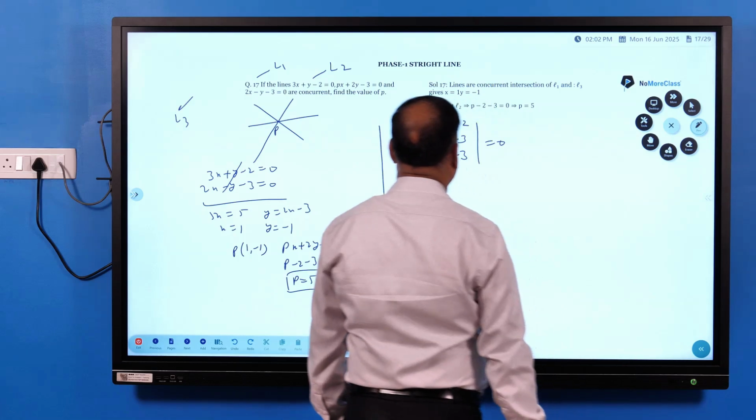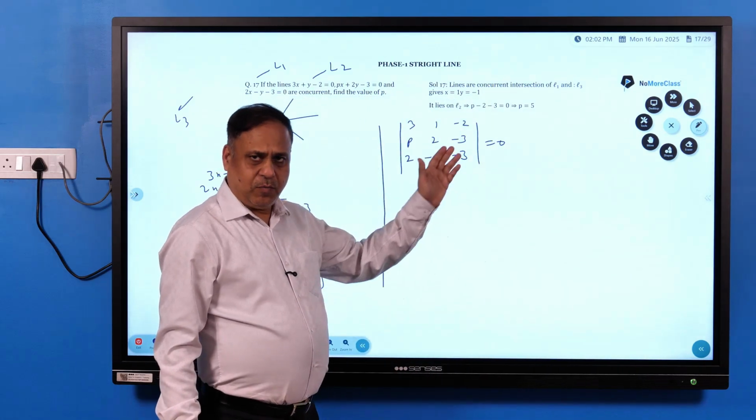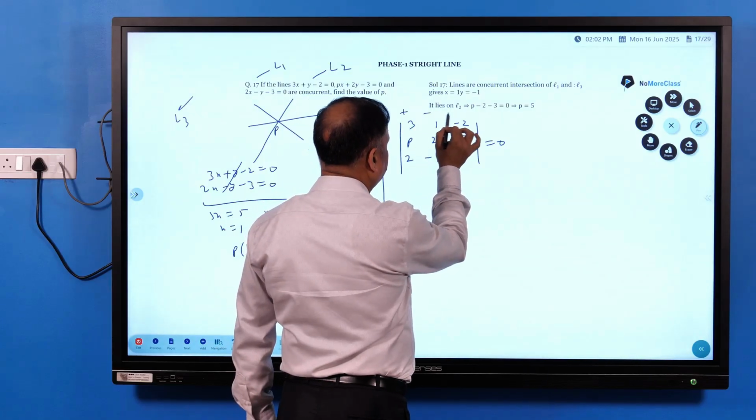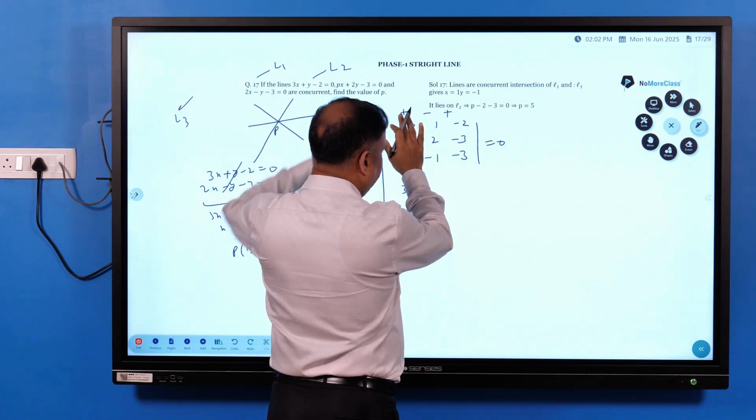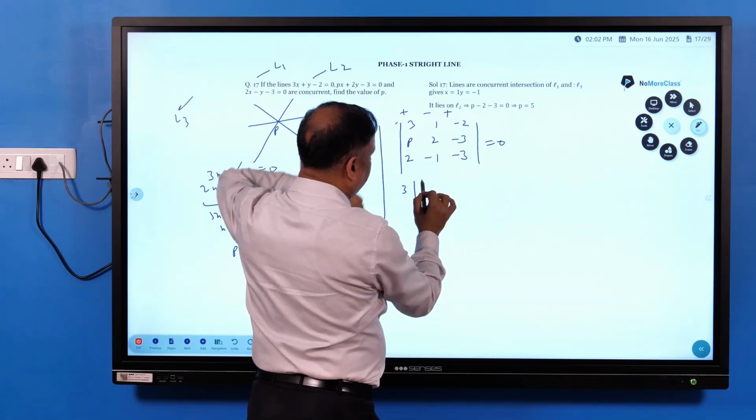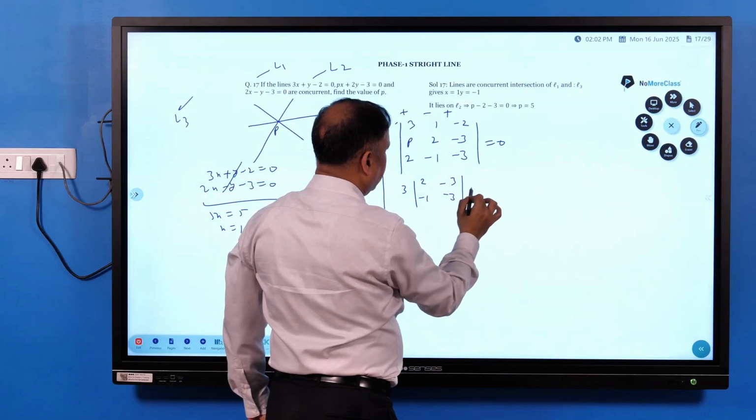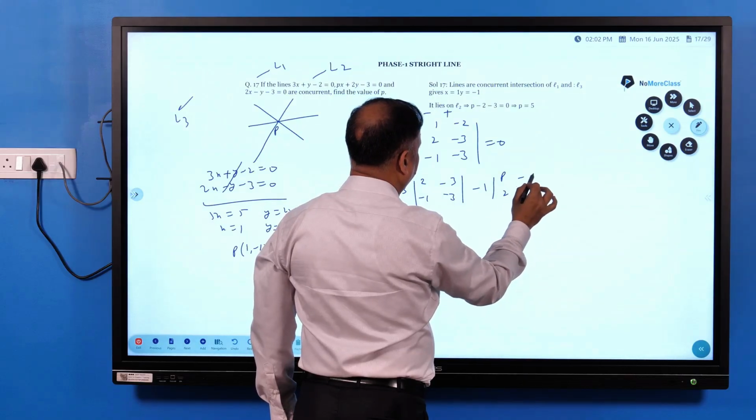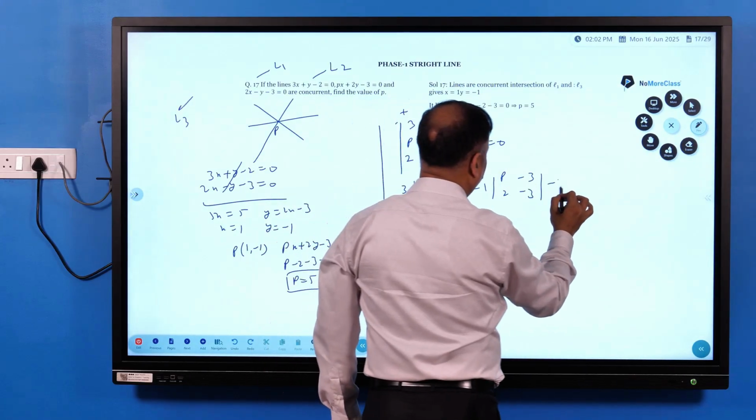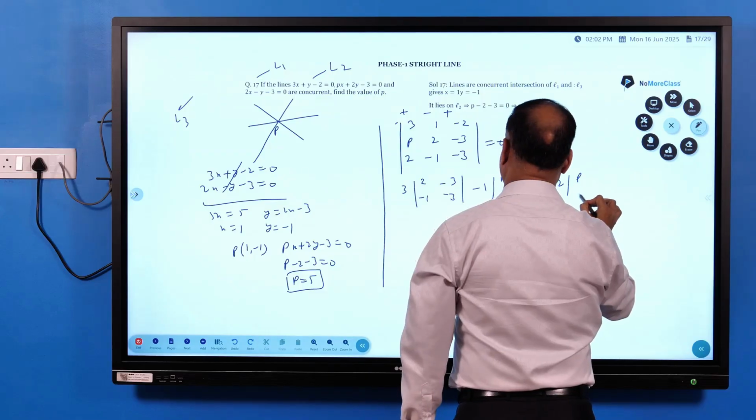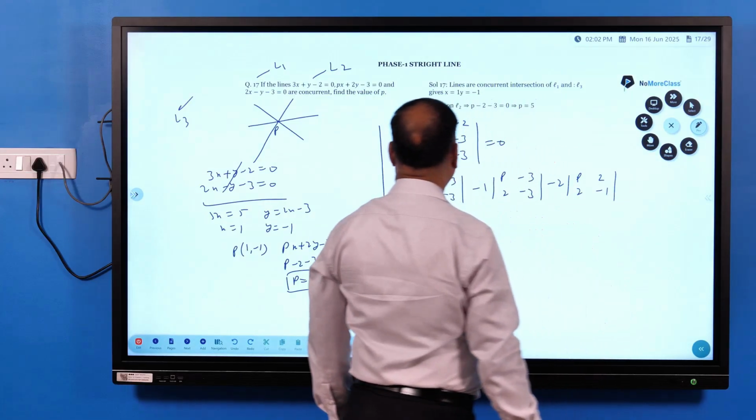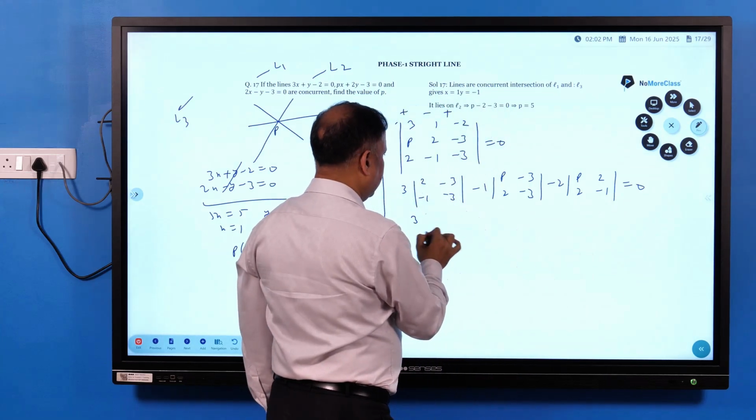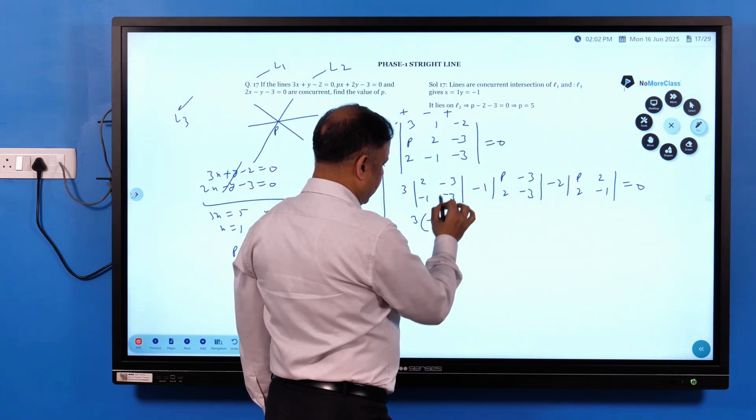Just simplify this. So if you are in 11th class, you may not know this method, you can solve by the other method. Other students can solve this easily. Plus, minus, plus. So 3, right? Hide this row and column. So you will get 2 minus 1, minus 3, minus 1, and then hide the corresponding row and column. P, 2, minus 3, minus 2, and hide this. So p, 2, 2, minus 1 is equal to 0. So this will give the answer 3 minus 6 minus 3